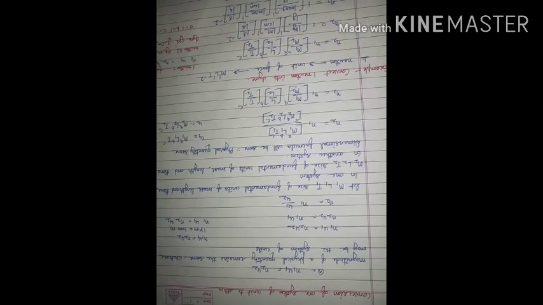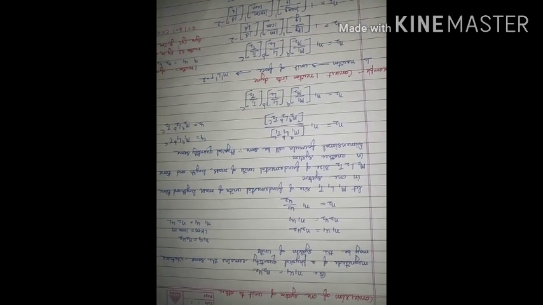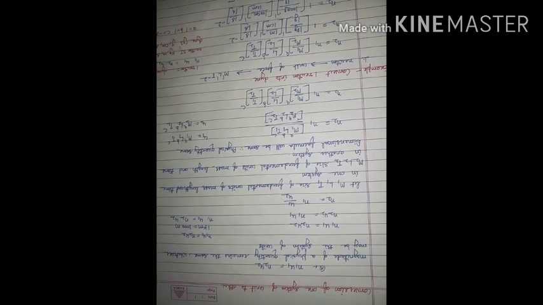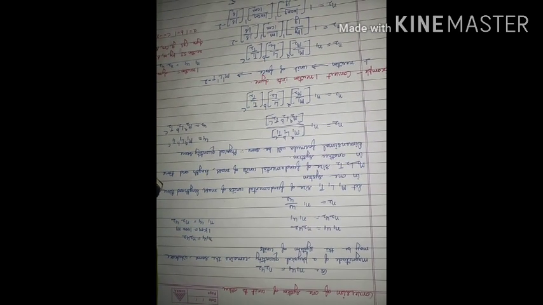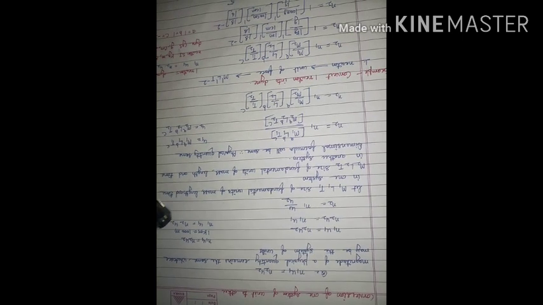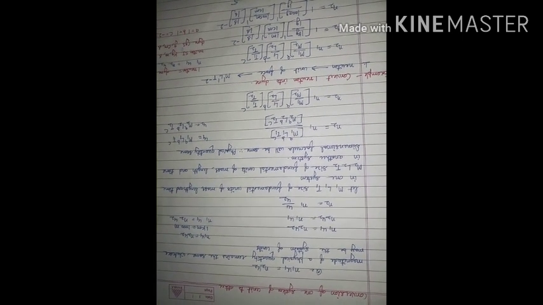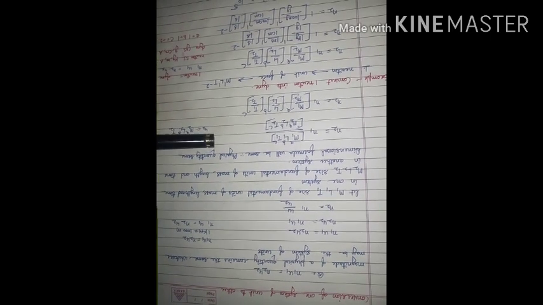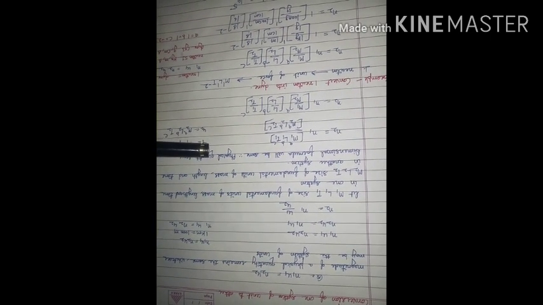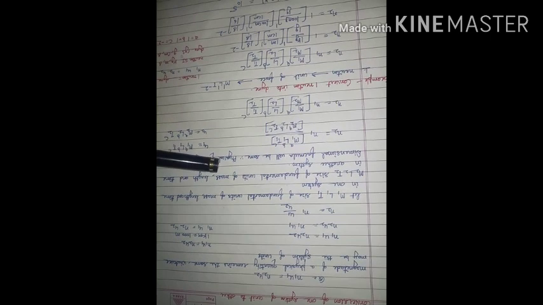Today we will discuss conversion of one system of unit to another. It means if a unit is given to us, for example 1 Newton, and it is asked to convert it into dyne, then what we will discuss today, that method we will use to convert one system of unit to other.